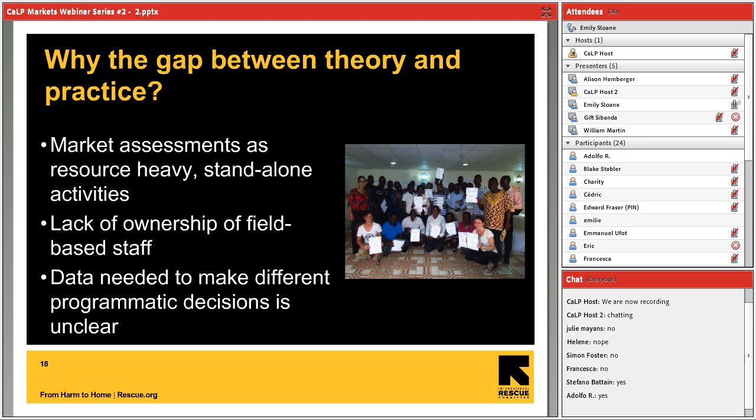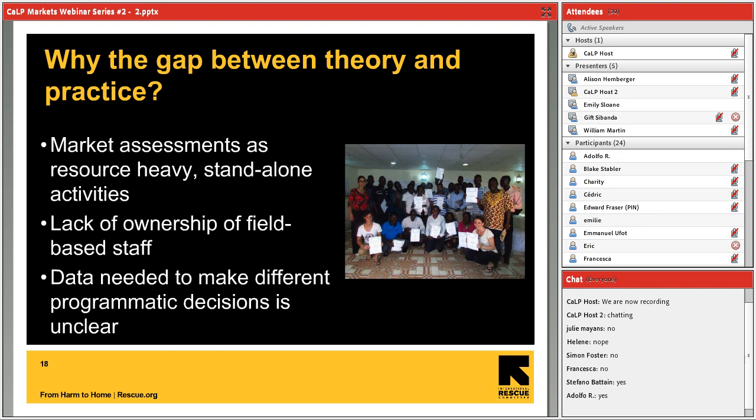Also, there's a lack of ownership of field-based staff. Because of this tendency to rely on leaders from outside who are quote-unquote specialists in these approaches, field staff feel like they're data collectors, but they're not really empowered to understand and use the information, and they don't always come away feeling like they could repeat this kind of exercise themselves. And furthermore, they're not always the decision makers. So